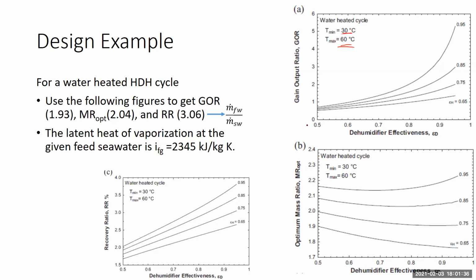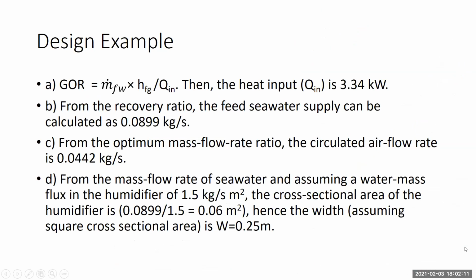What we have in these figures, you have the dehumidifier effectiveness, epsilon dehumidifier. We have the humidifier effectiveness values. These are 4 figures or 4 lines. Each one of them represents a value of the humidifier effectiveness. And in the y-axis, we have the GOR, the gain output ratio. So that in our case, what do we have? We have temperature, we have effectiveness of the humidifier,